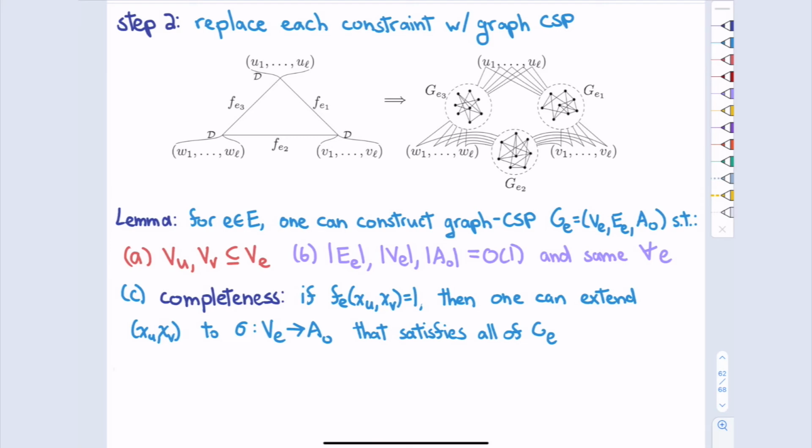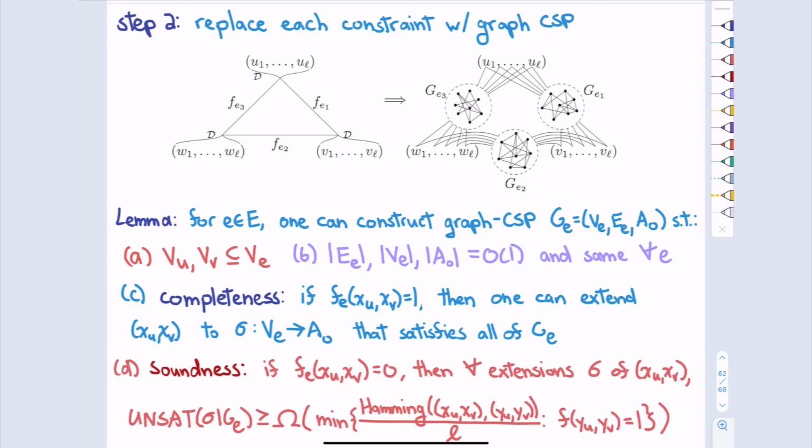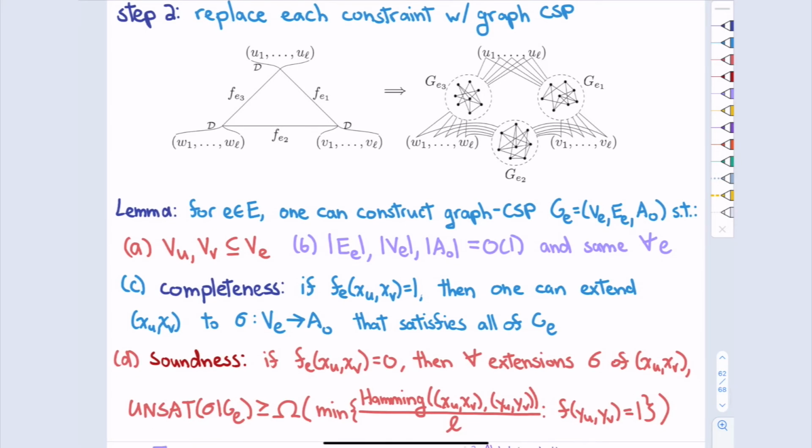The second property is soundness. It's a little bit involved. Suppose I have my bits for U and bits for V and they don't satisfy the constraint. So they're not representing some encoded letters that actually satisfy the constraint.